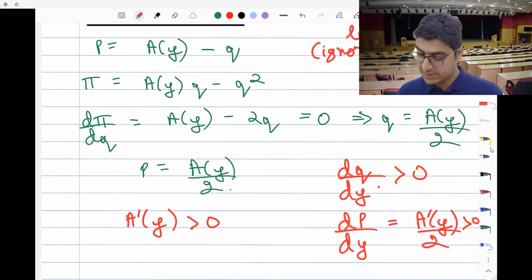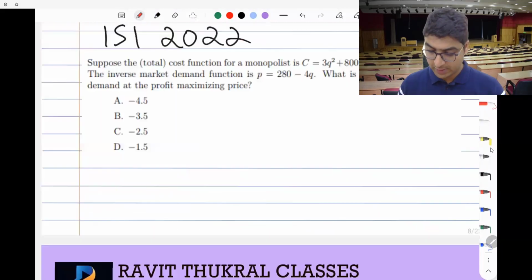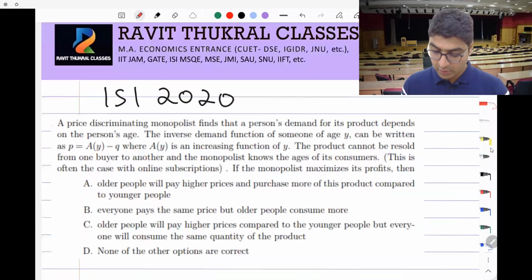Which means as age increases, older people will buy more quantity. Older people will pay more price. Which was given in option A: older people will pay higher price, purchase more. So option A is correct. Okay? Moving on,